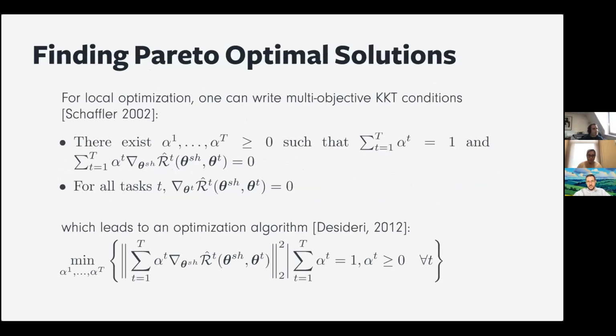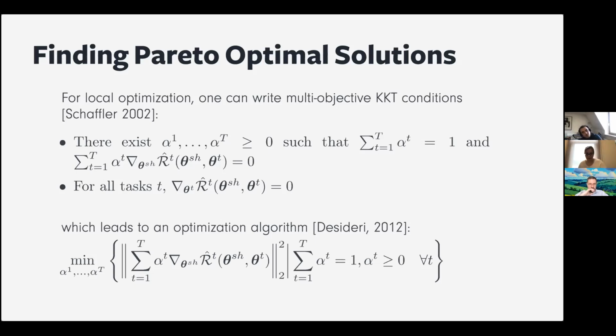Then you can ask, how can we find Pareto optimal solutions? This problem looks hard, but if you're in gradient-based optimization, it's actually not that hard. So what you do is you define the optimality for your gradient-based objectives. Here, we will only consider non-convex objectives. And since in non-convex settings we cannot have optimality, we can only have stationarity, so we can only have the gradient being 0. We will look for Pareto stationarity.